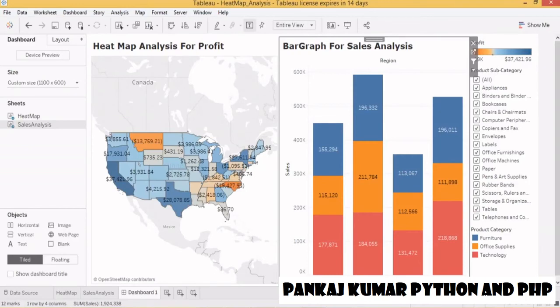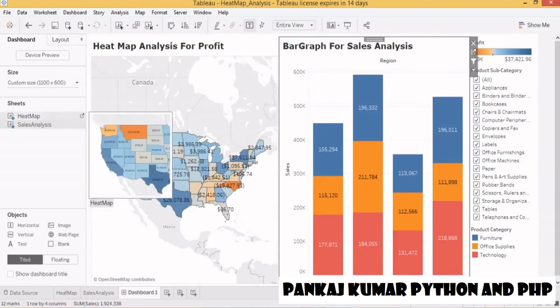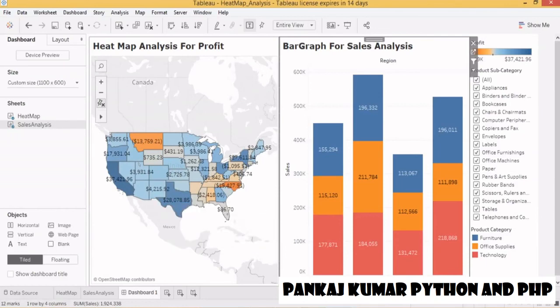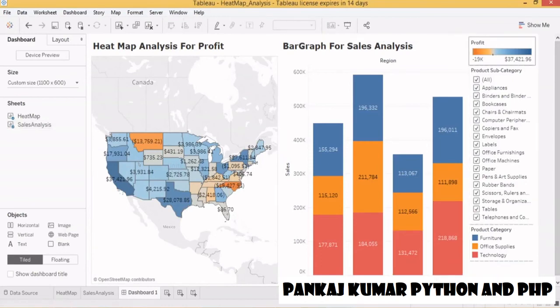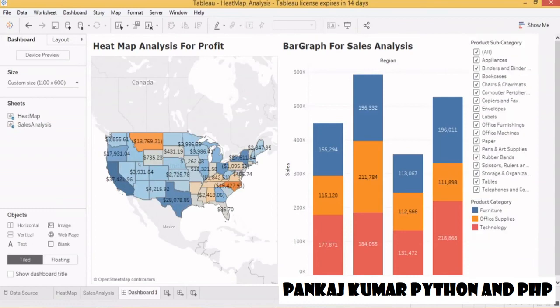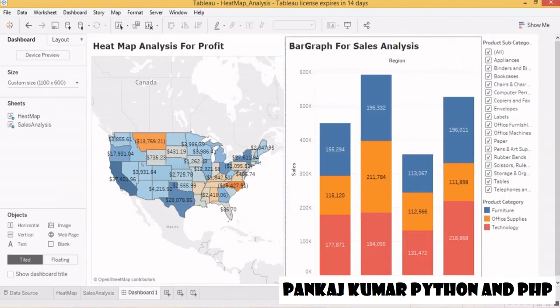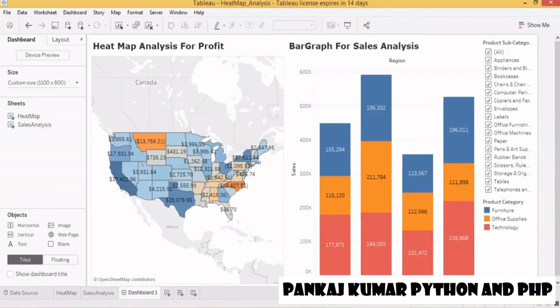So here I have created only 2 visualizations, that's why I have connected them side by side. If you have more sheets, you can just drag and drop them here. Now you can create 4 quadrants. Quadrant 1 will be your bar graph, quadrant 2 will be your heat map, quadrant 3 will be graph 3, and quadrant 4 will be your graph 4. Okay, suppose I understand the numbers and the color coding in the heat map, so right now I do not require this. You can just delete this. Okay, so to increase the size of the dashboard, you can just drag it here, and then if you want.